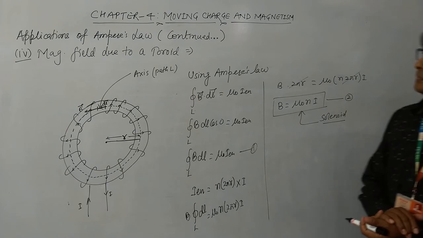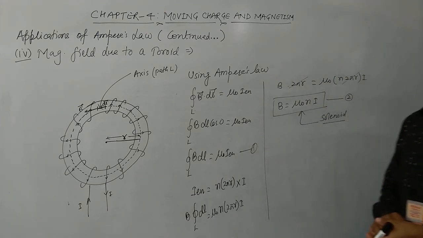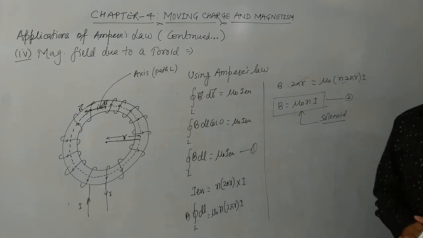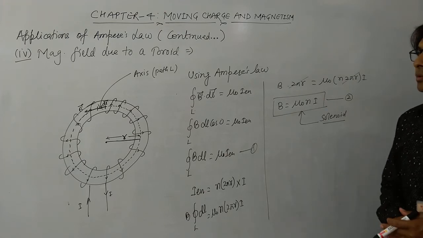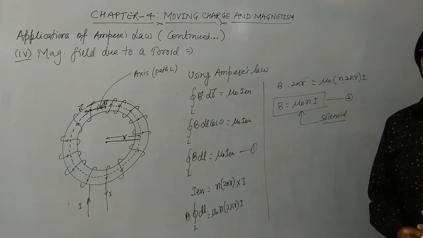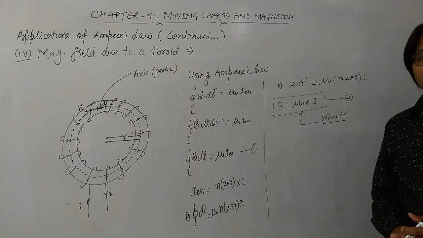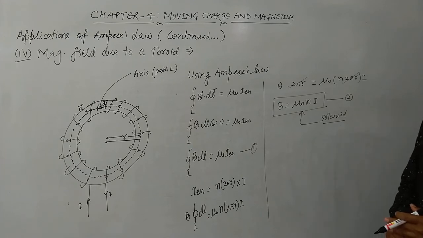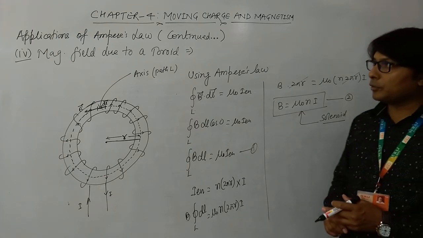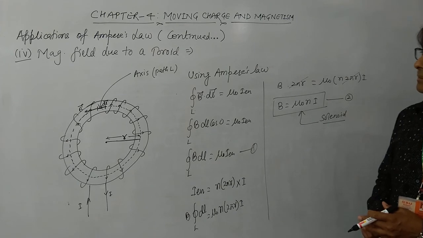So this is all about the applications of Ampere's law, and in our next video we will try to do some numerical problems on the topic applications of Ampere's law. For the time being, for now, you can